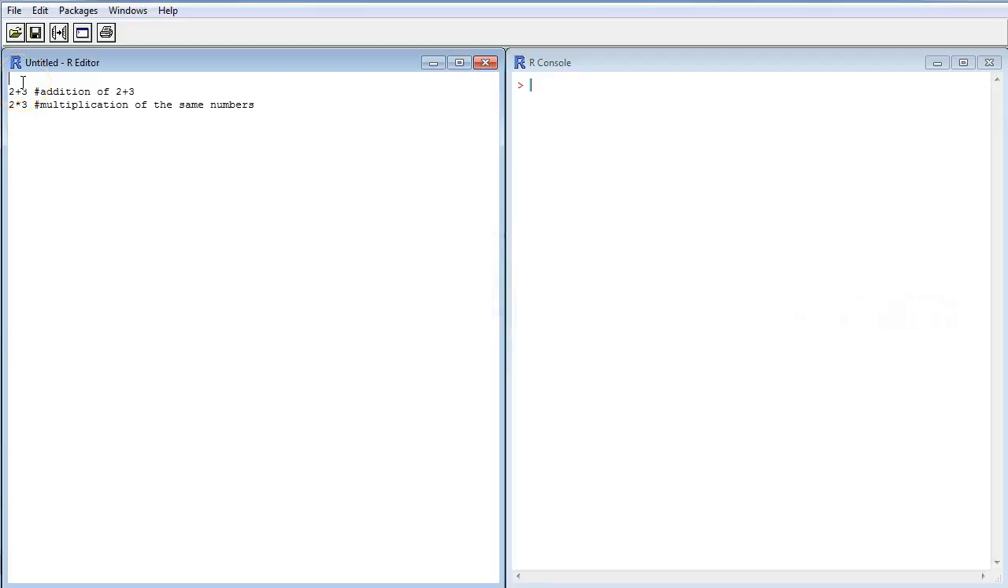I'll just give a short simple example here. We have 2 plus 3, and then the number sign, and then an instruction to myself that what we're doing here is addition of the numbers 2 and 3. And then we have 2 times 3, and I tell myself that I'm not trying to multiply 2 by 3. So if I run this piece of code,